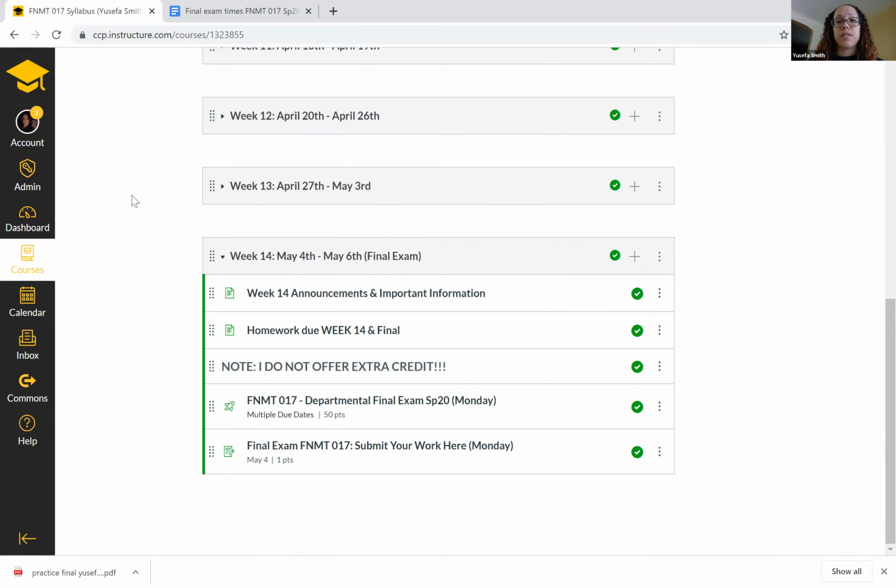Now for my courses, I have set it so that my students see the modules page when they first go in. So you can see here, this is the week 14 module. And at the end of the module, you can see there's the departmental final exam. And here's to submit your work here. If you're not using modules,